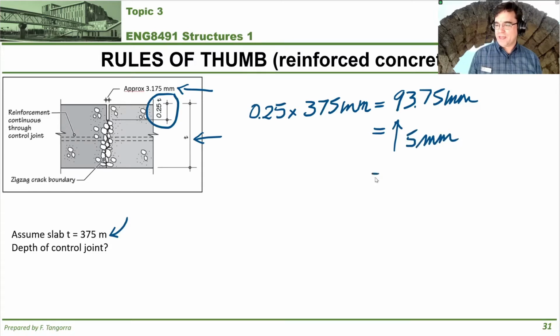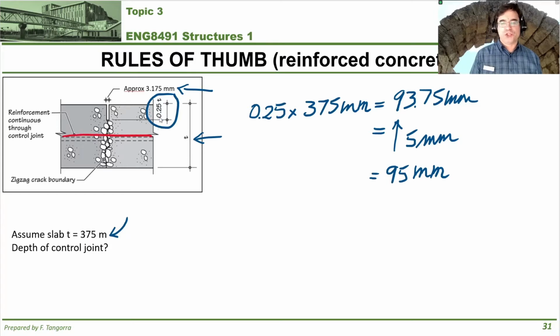So what we're going to get as an answer is actually 95 millimeters. Okay? So that's going to be the depth of the control joint according to this rule of thumb. Now, another thing that I want to point out is right here,